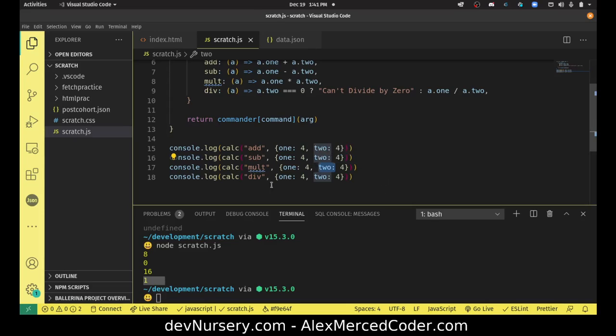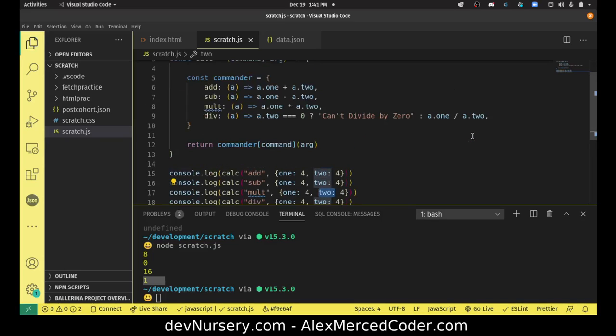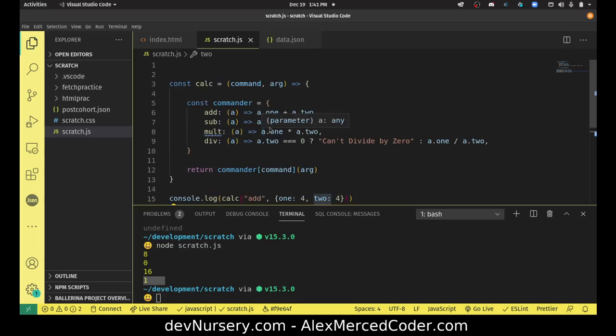Although in this case, instead of just doing one big object, I did do 2 arguments. So technically, you would have to pass the string first, and then pass the object, and you'd have to know that. So there's still room for people to screw up and put those 2 arguments in the wrong order. But hopefully this was just a cool pattern, and you can see how that could be